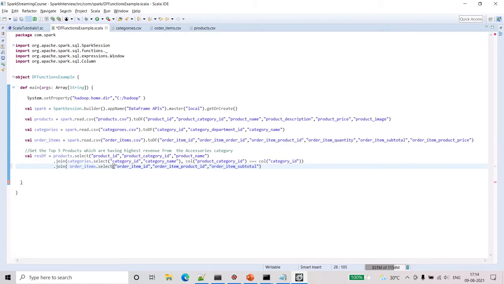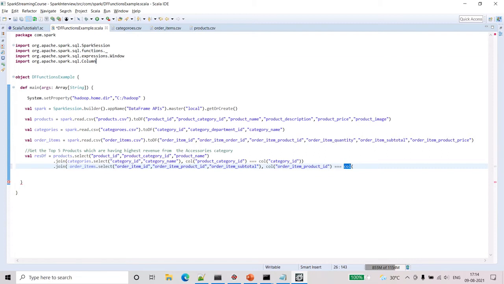We just need this. And in a similar way we need to write the join condition between products and order items. So we will do order item product ID equal to the column of this column only.